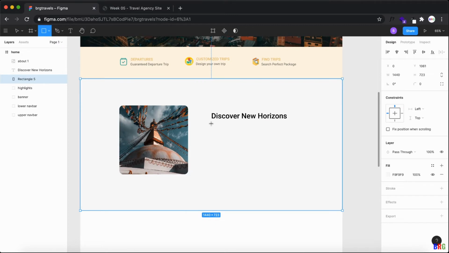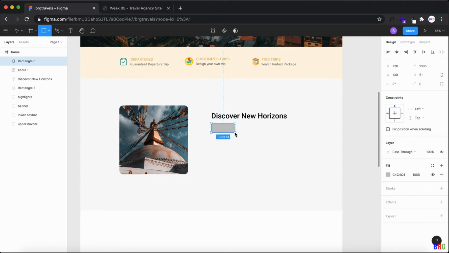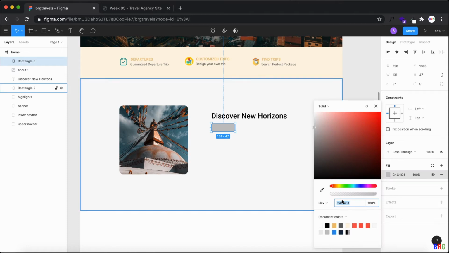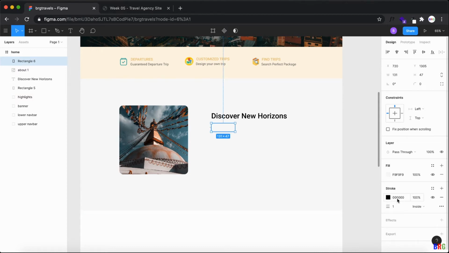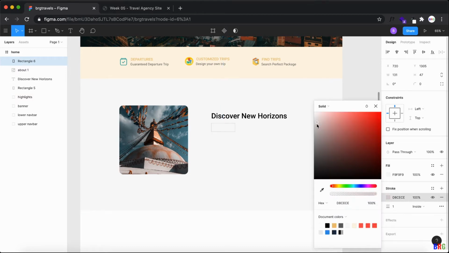Okay, now as this part, and this as F9 F9 F9, and stroke as something lightish.